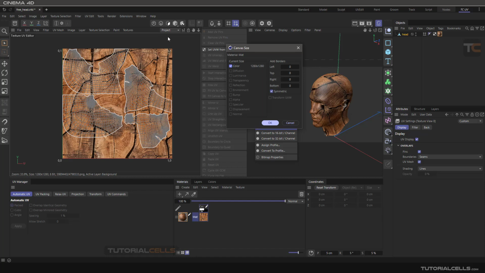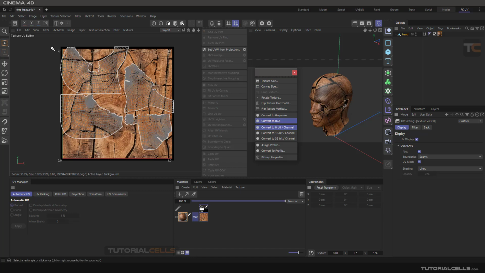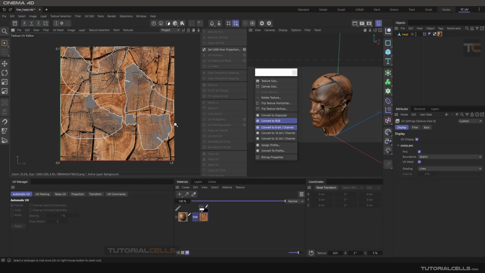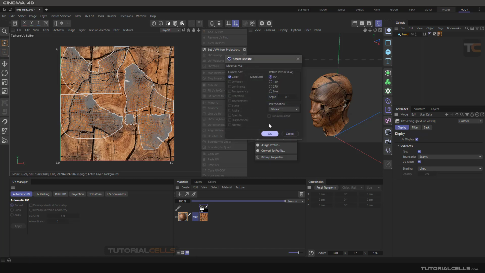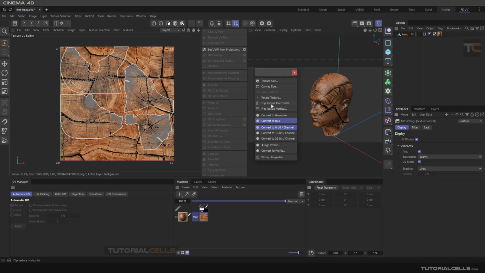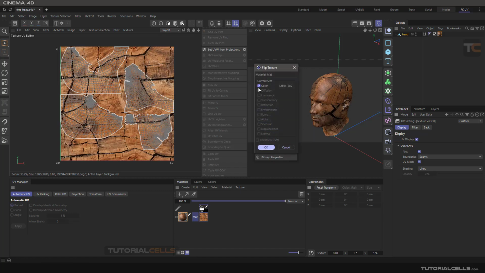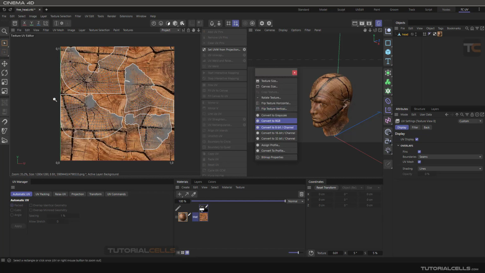Canvas size, you can change the canvas size symmetrically in any direction that you want. You can see here is the canvas size. Or you can rotate the texture by any degree that you want. Boom. Or you can flip your texture. It means which channel do you want: alpha, color, this color. If you insert it in a material, all the other channels above, you can rotate it or flip it anywhere there. It tells you the current size of just the color because you can flip a UV